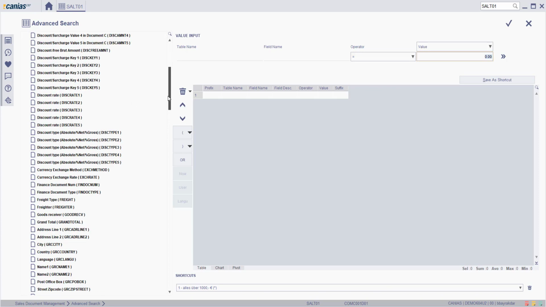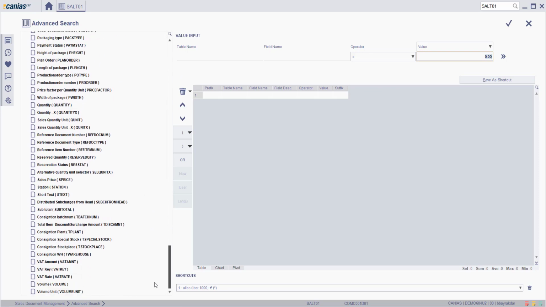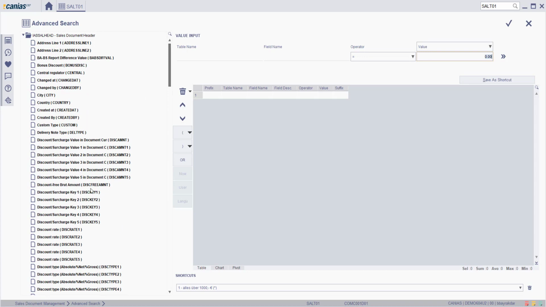This will list all the fields on the table. For example, select any value on the table. For example, the create date is equal to or greater than any value. Enter a value and edit the formula, and I click confirm.